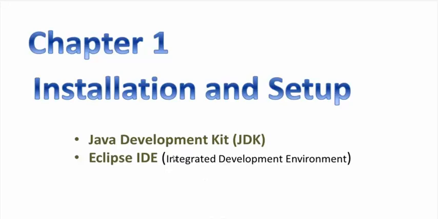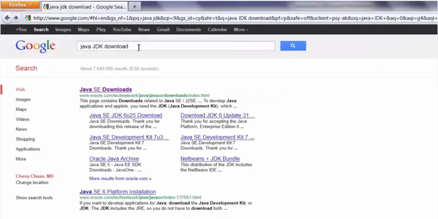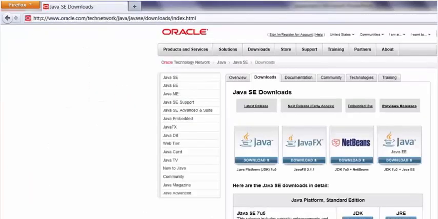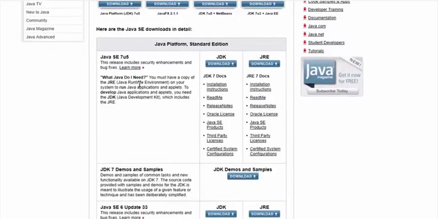So we need to install the Java Development Kit and Eclipse IDE. To install Java, go to Google and type in Java JDK download. It will take you to a site called Java SE Downloads or something. Click on it. Now here you can see that you can go to the latest version, that is Java Standard